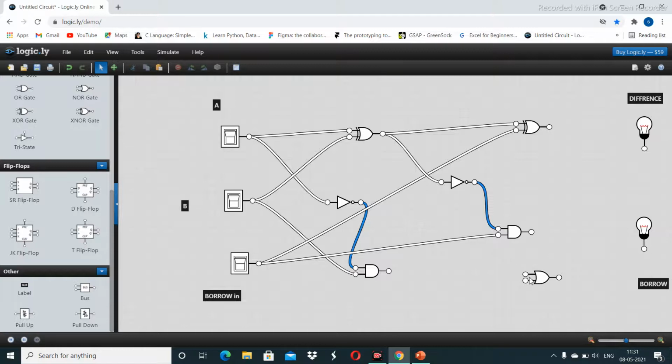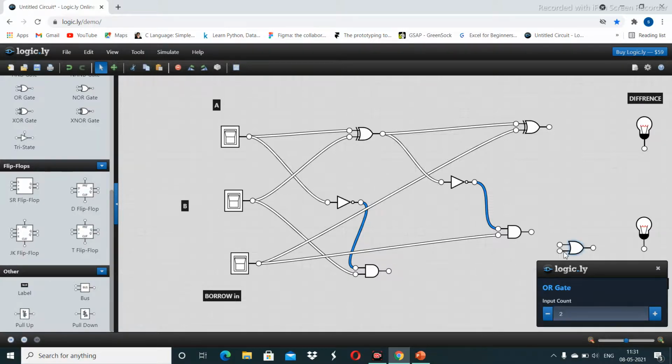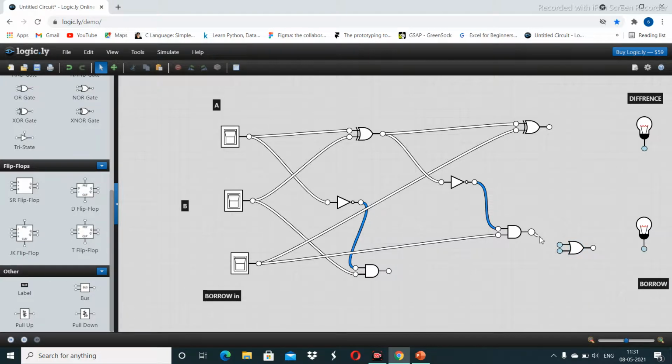Now connect this AND gate's output as the first input of the OR gate. Then connect the other AND gate's output as the OR gate's second input. Now connect this XOR gate's output with the difference output. Then connect the OR gate's output with the borrow.